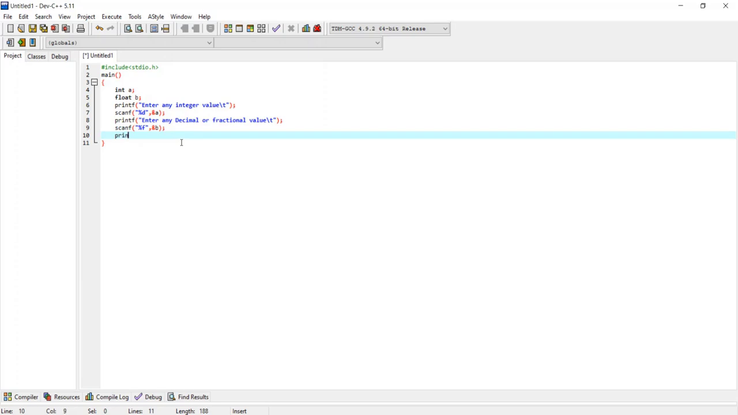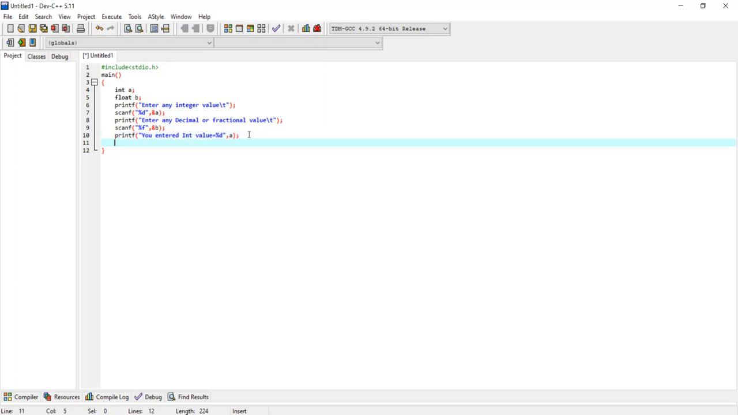So for that I'm writing the output instruction as printf, you have entered int value equal to, and here we have to use %d as the format for displaying the integer value. Then here we have to give the name of the variable whose value we want to display, that is this, and I'm just going to copy this from here to here to save my time, and here we go, paste it,